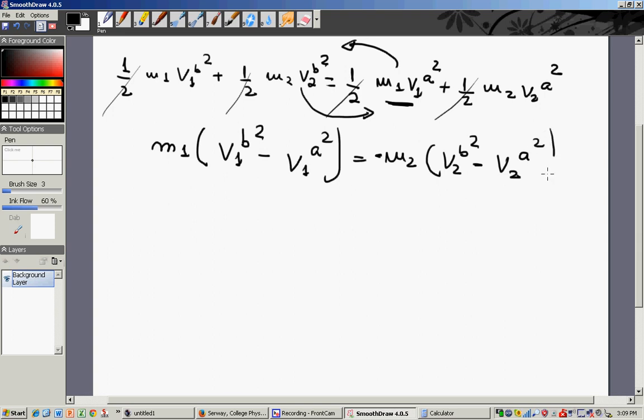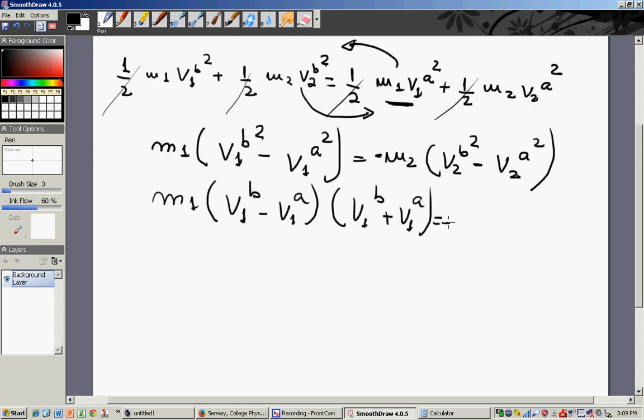So these terms can be simplified or factored like this. I don't want to lose you guys right now, but if you now take a ratio of m2 and m1